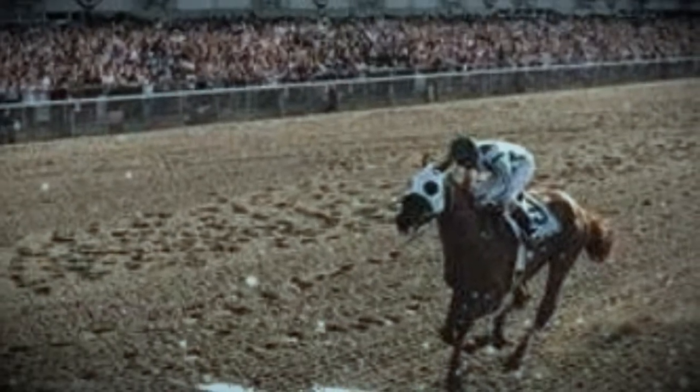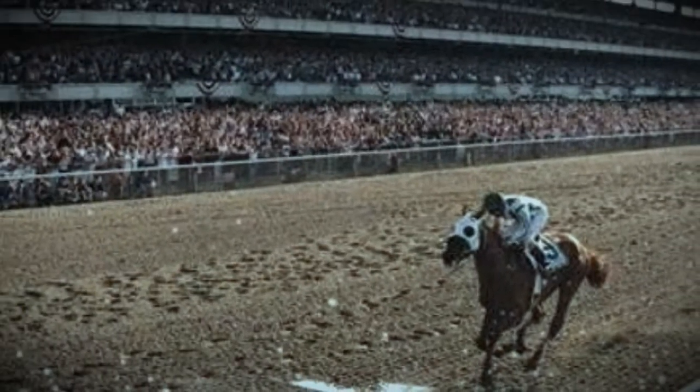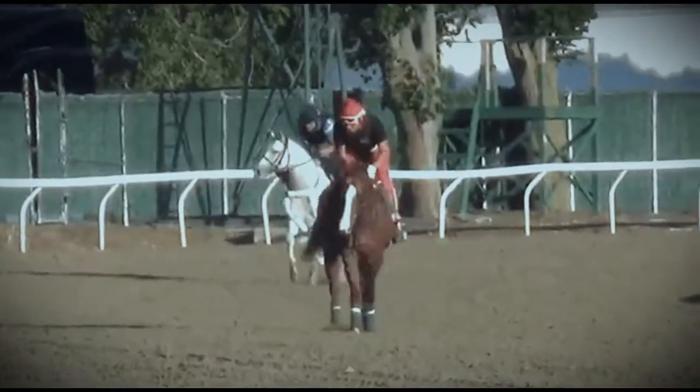A once invisible horse from California has taken the sport by storm, winning each of his last 6 races, including the Kentucky Derby and Preakness Stakes. Which leads us to this weekend, the Belmont Stakes, the elusive marathon leg of the Triple Crown, the final bedeviling jewel. In Elmont, New York this weekend, 10 horses will compete to unseat California Chrome as the hottest horse in